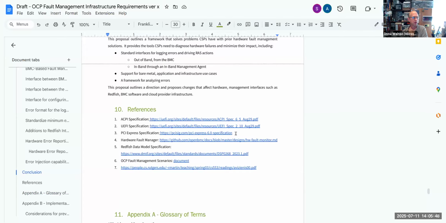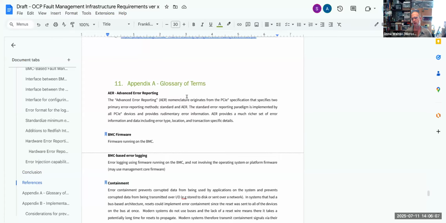It is there. We do link to the PCIe SIG, so we can just refer people to the SIG for the details of DPC, but we can describe at a high level what it is here. My question was, short term we should leave the glossary in this doc, but long term, we might want to merge this glossary with your separate document, pull it out of here, and have a standalone glossary document that we contribute. But not now, because we're so close to being done. Let's just get this done first.